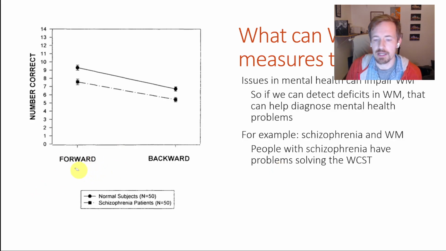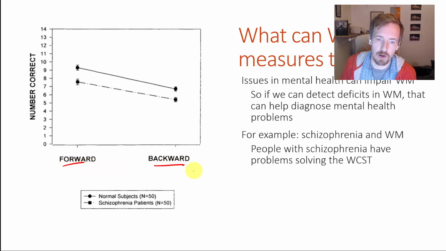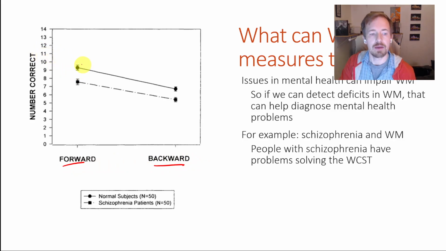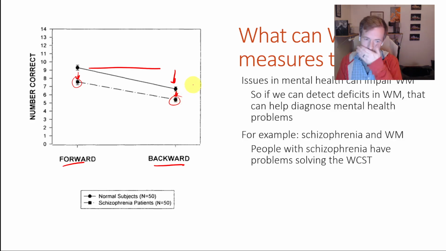What we're looking at right here is a digit span task, which we talked about earlier this semester. We haven't talked so much about it right here. But this is looking at people who just have to recall a series of numbers that they remembered, when they recall it forward versus when they recall it backwards. What you're seeing here isn't a huge difference, but yes, people do get worse when they recall it in reverse. They drop about 3 items. But people that have schizophrenia are on average about 2 items worse with the digit span task